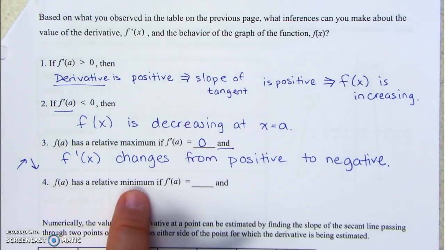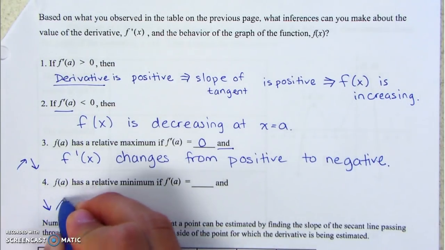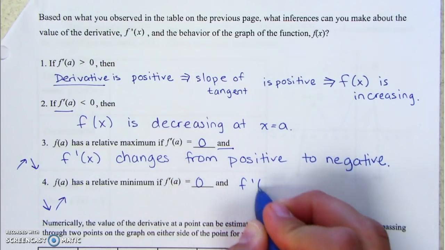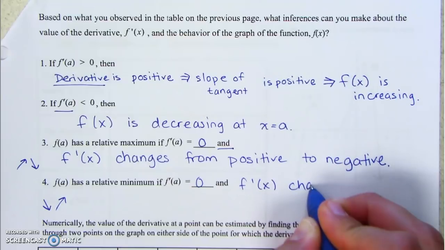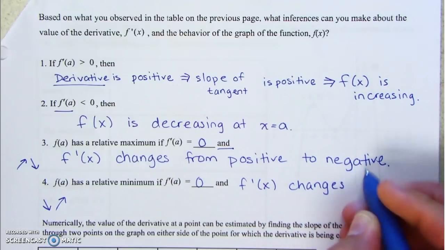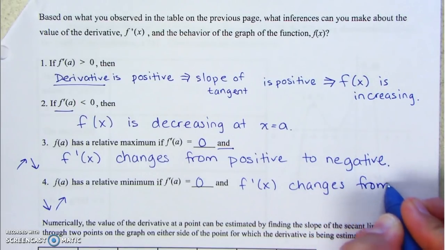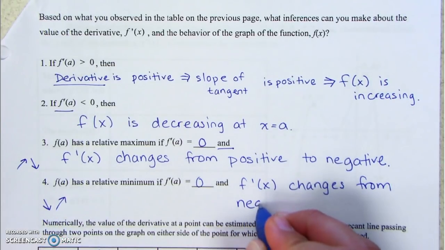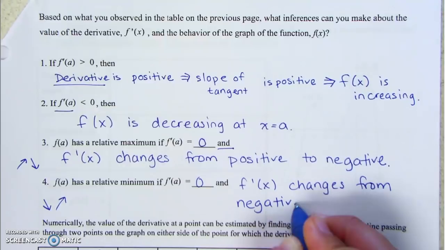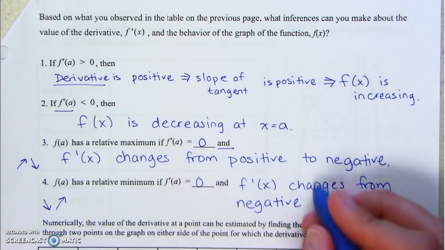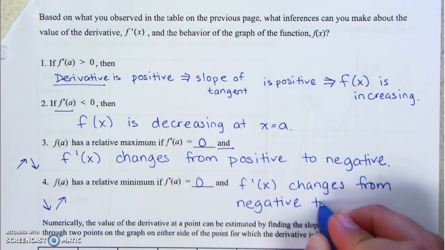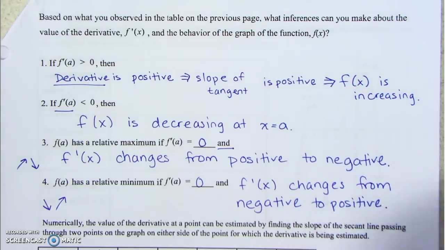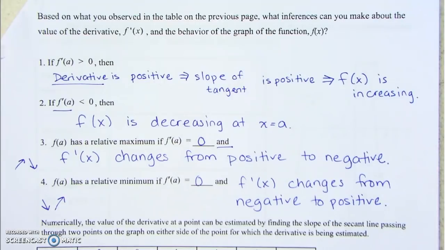F of a has a relative minimum, think about a minimum, if f prime of a is 0 and f prime changes from, now the slope is changing from negative to positive. You guys, this is going to be a quiz. You have to memorize these statements. You should be able to nod your head and understand them, but you need to be able to recite them,